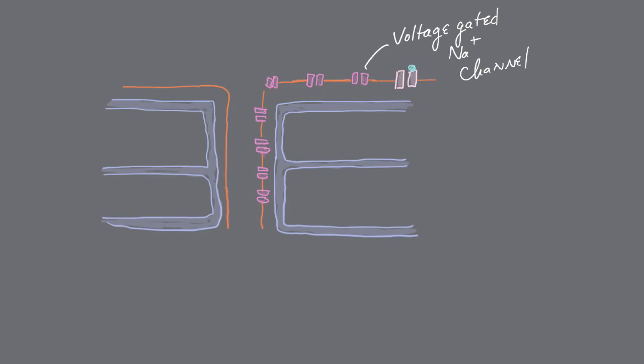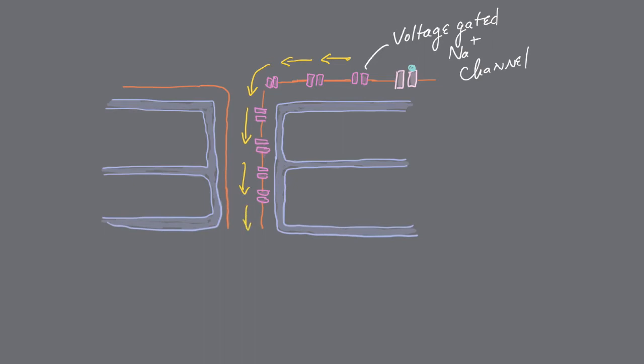Those are shown in pink. So when these channels open, sodium rushes in, bringing positive charges into the muscle fiber, thereby depolarizing the sarcolemma and the T-tubule. This causes action potentials that are shown in the yellow arrows to travel all down the sarcolemma and